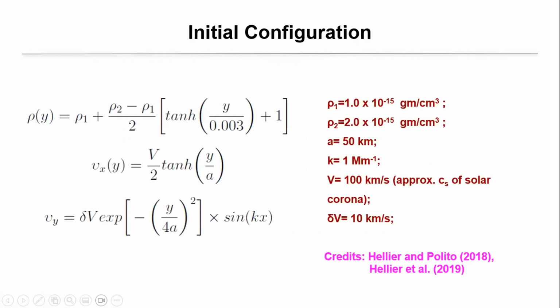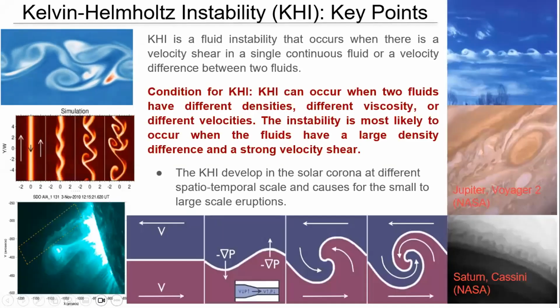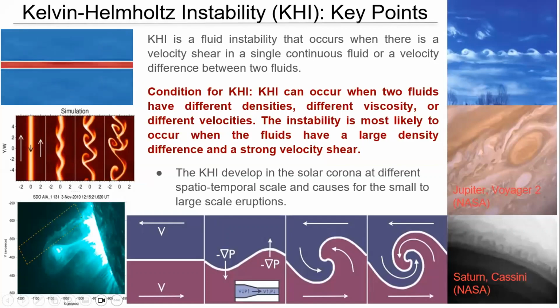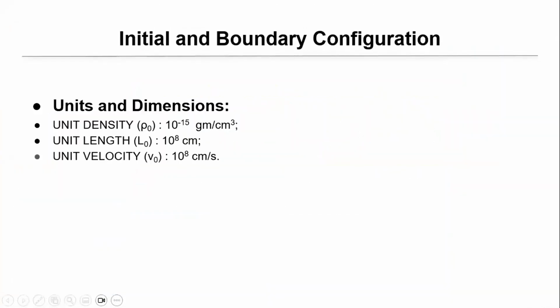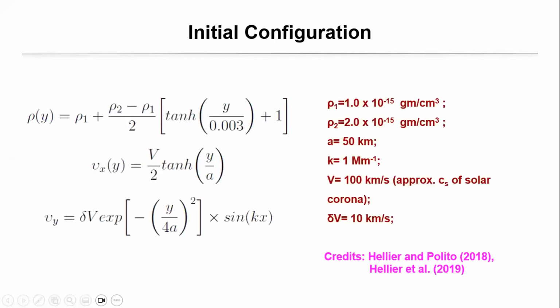Now, the initial configuration, as we have discussed, in the Kelvin-Helmholtz instability has different densities and different velocities. So if we have to decide the configuration, we have to focus on the initial velocity and initial pressure with the consideration of two different densities. So we have taken the two densities here and the velocities with the hyperbolic tangent profile and the sinusoidal profile, so as to get the interface in